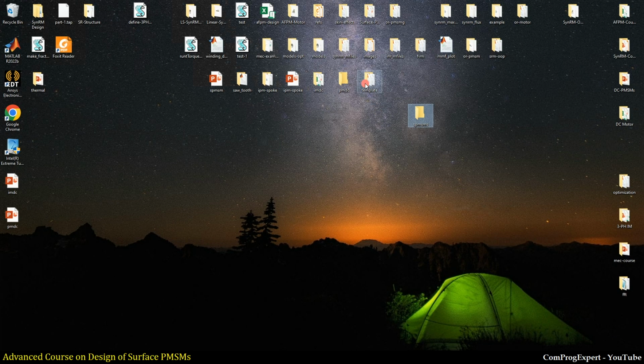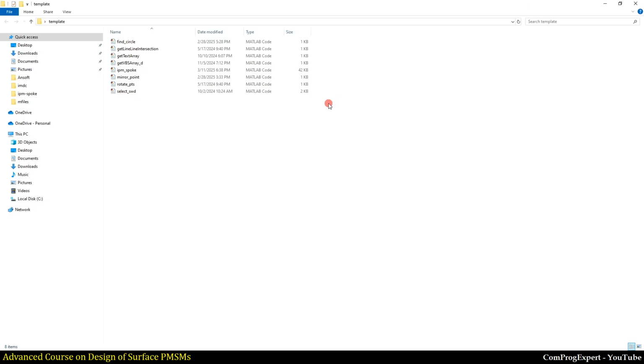Here I have some templates. I don't want to repeat the code that we developed for radial flux synchronous reluctance motors, right? We can use those codes and save time.